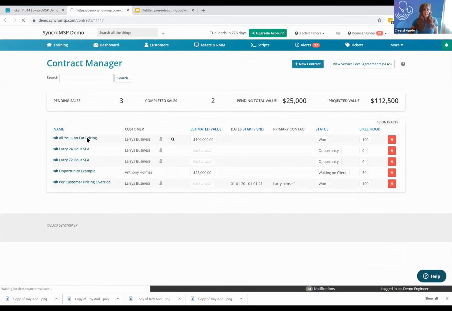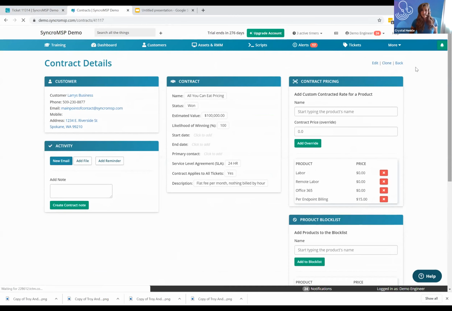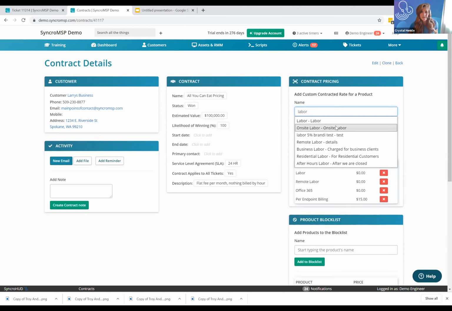So if we open up any contract, this is actually called all you can eat contract. What you can see is you've got these labor line items that are just automatically going to override to 0 no matter what. What you can do though is, if you have a product or service that's called maybe project labor, and they have a specific rate, you can just start typing whatever type of labor that is. I don't know if we actually have a project labor, but pretend it's on-site labor. Then for that one, you can override it to whatever your fixed hourly rate is for that customer, and then